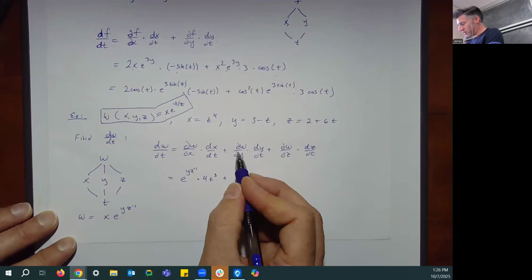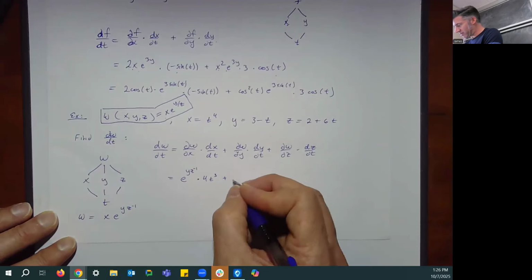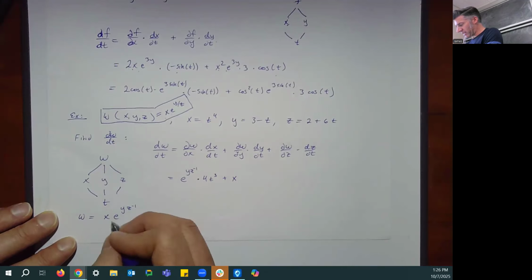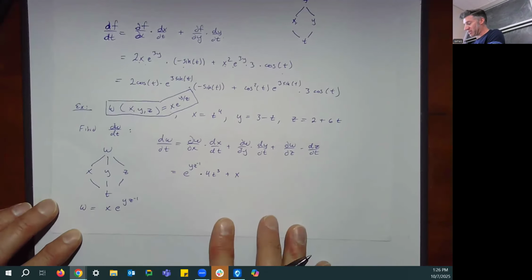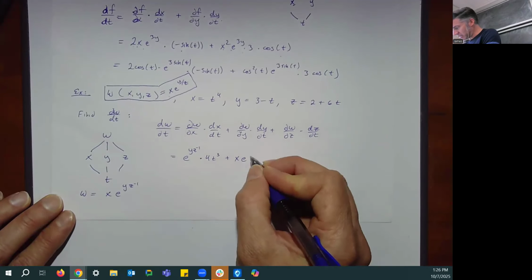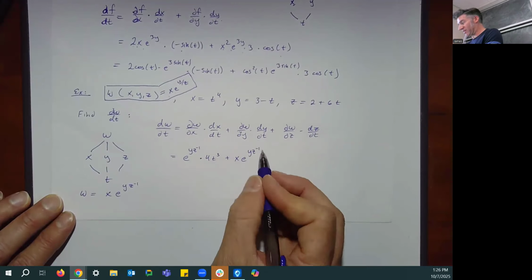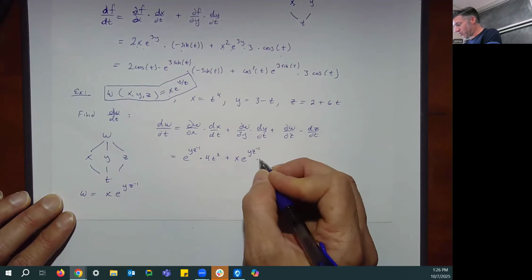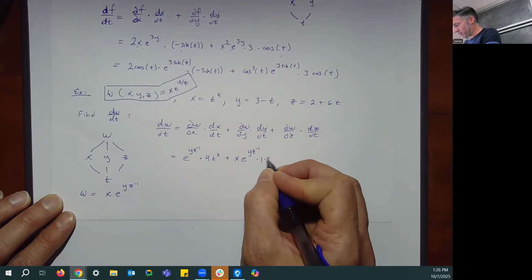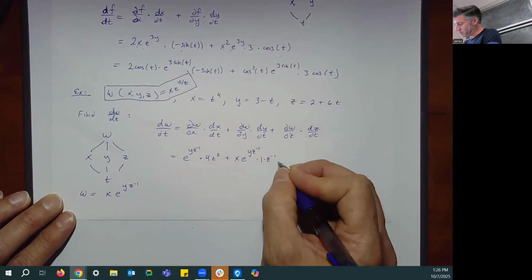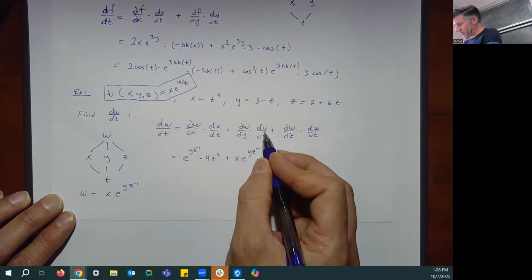plus del w del y, the x is going to hang out. The derivative of e to the y z to the negative 1 is e to the same stuff, or as I always say in my head, the derivative of e to the stuff is e to the stuff times the derivative of that stuff. And the derivative of this stuff with respect to y is 1 times z to the negative first. You don't really need the 1 there, but I wrote it. Multiplied by dy dt, which is negative 1,